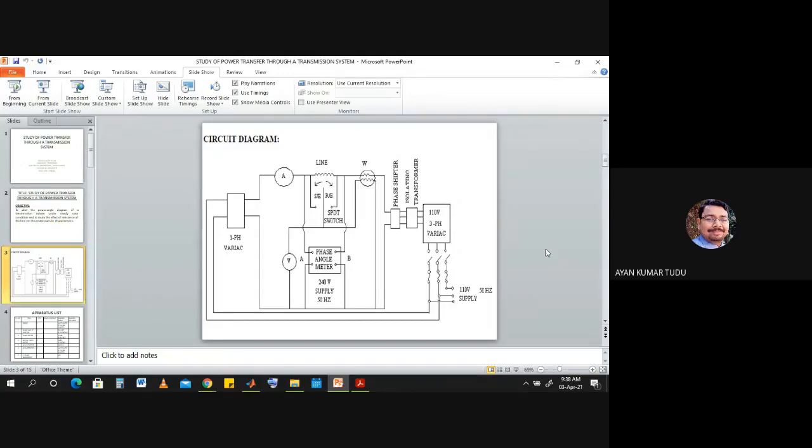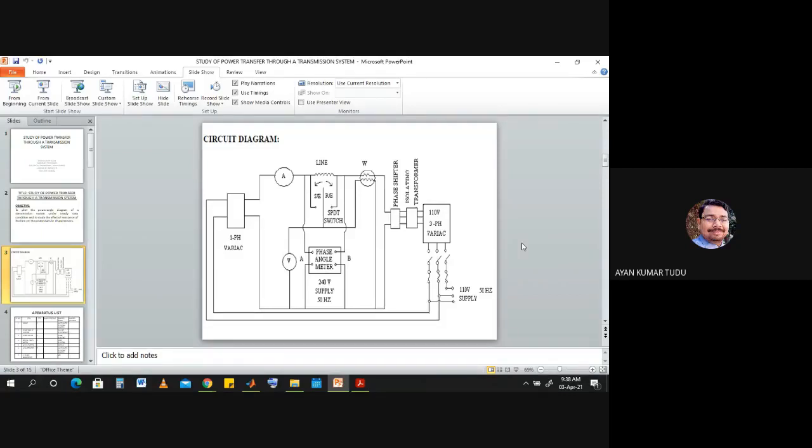What we have here is a typical transmission system. On the left hand side we have one variac, on the right hand side we have another variac. The left hand side variac is our sending end and the right hand side variac is our receiving end. We change the phase angle between them, that is the delta value. Delta is also known as the torque angle, also known as the power angle. That delta value that we are changing is the power angle, changed through the use of phase shifters.